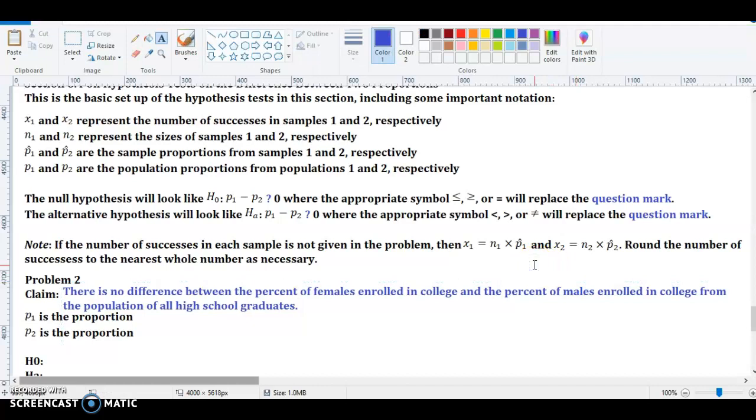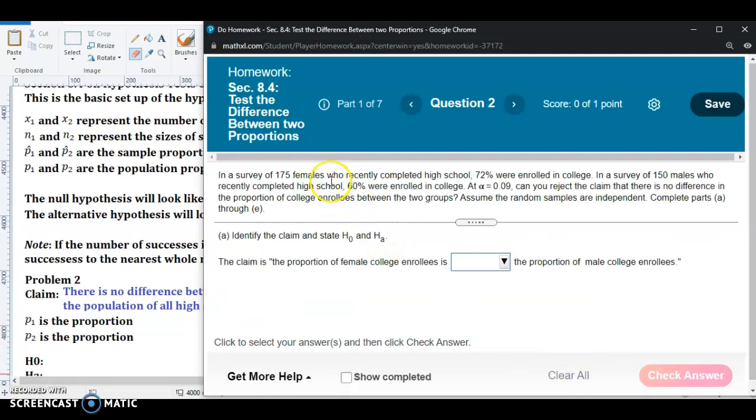Since we're dealing with two different populations, the population of female high school graduates and the population of male high school graduates, P1 will represent the proportion of females. Since the females are the first group mentioned, P1 will represent